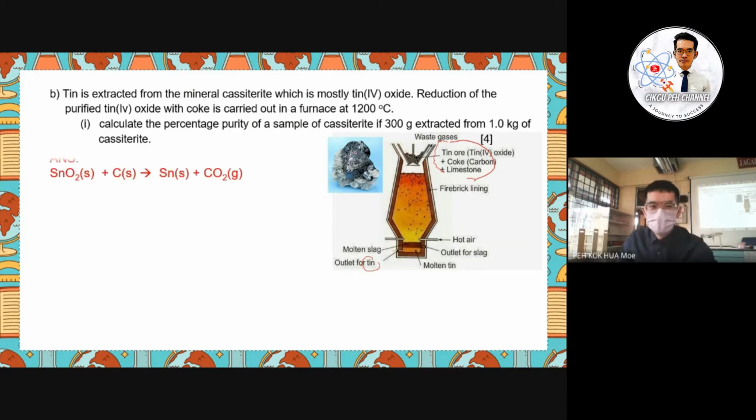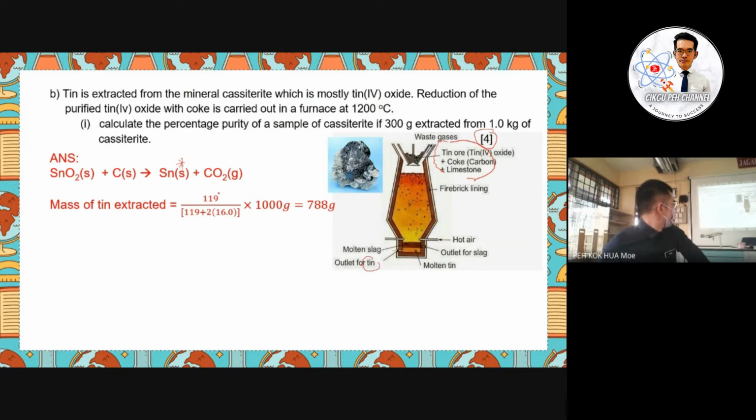Okay, so firstly, the question already gives you that the tin 4 oxide is the main raw material. So the equation starts with tin 4 oxide, where it reacts with the carbon. So the output will be tin and carbon dioxide. So you have to give the equation because here we have 4 marks. And then